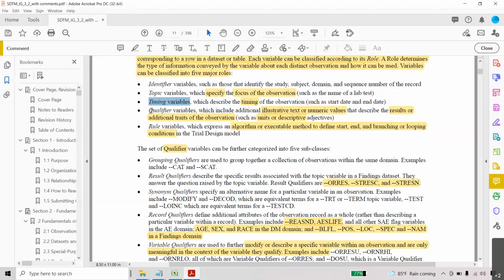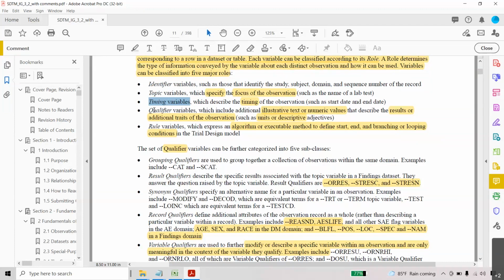Next one is the qualifier variables. What are qualifier variables? For example, when you do the analysis, you will get some results, correct? You describe those results with the help of units.